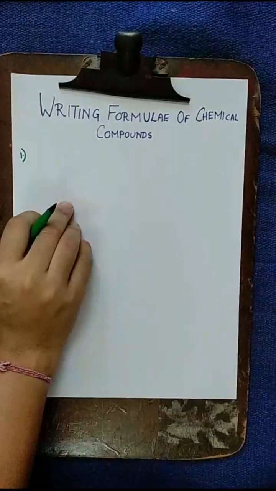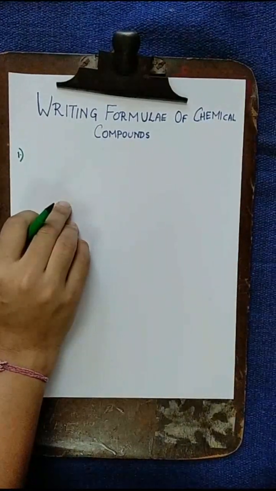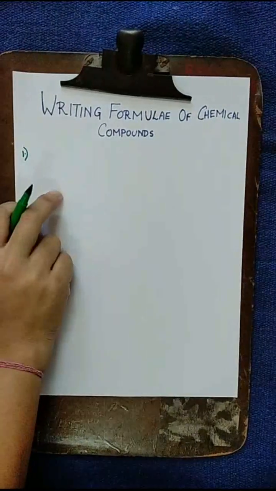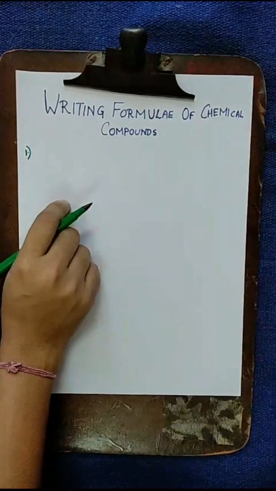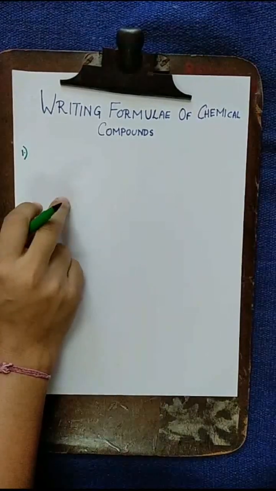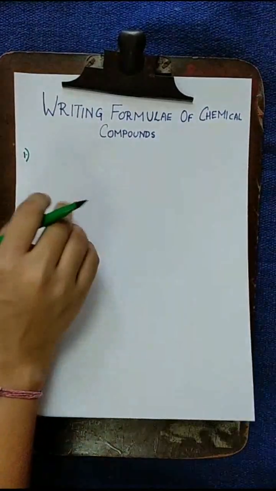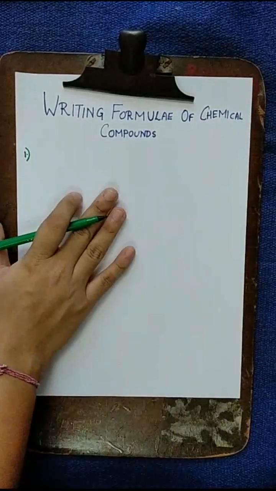Today, we are going to study how to write chemical formulae for simple compounds. The simple compounds which we will be dealing with today will contain only two elements, so they will be called binary compounds. So let us start with the easiest example of